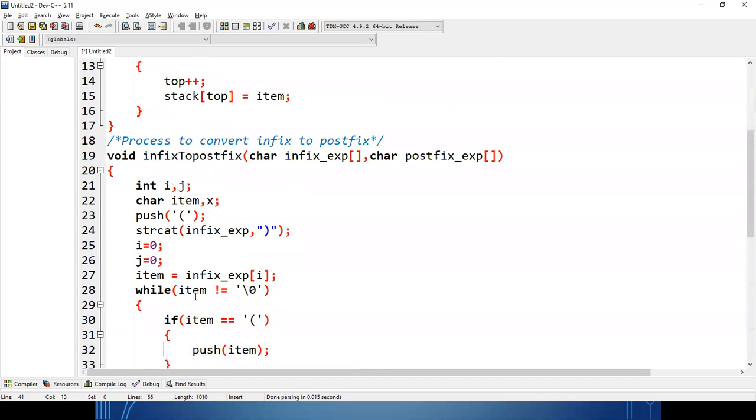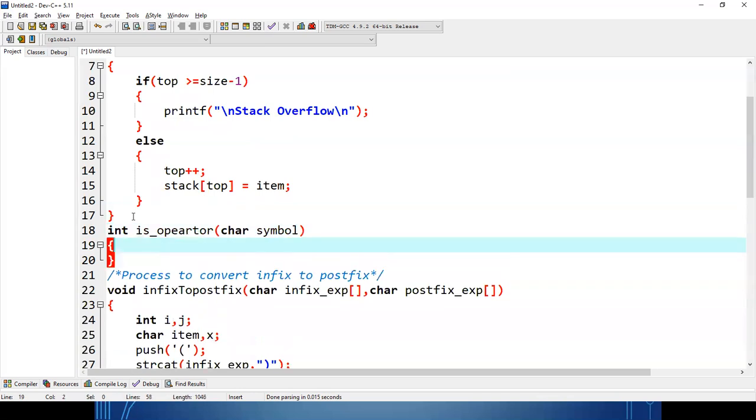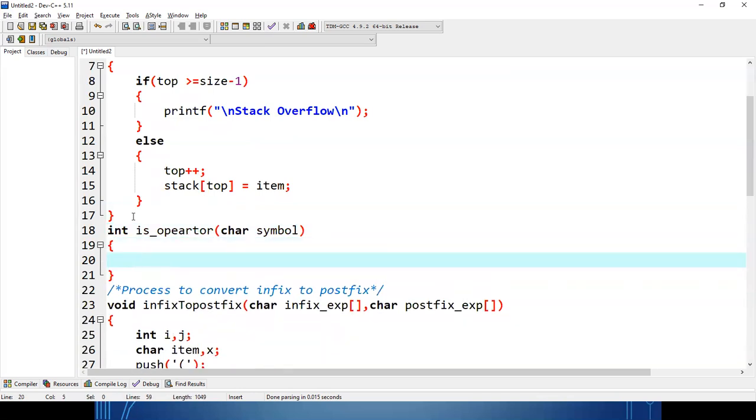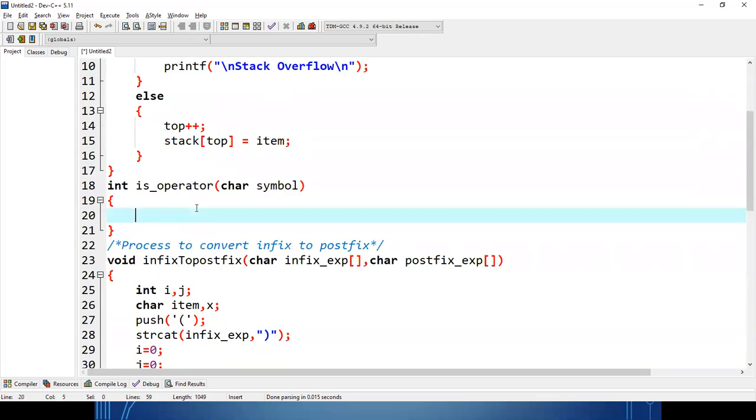So let me write it first: an integer function is_operator. It takes a character, which will be stored in symbol. Clear?